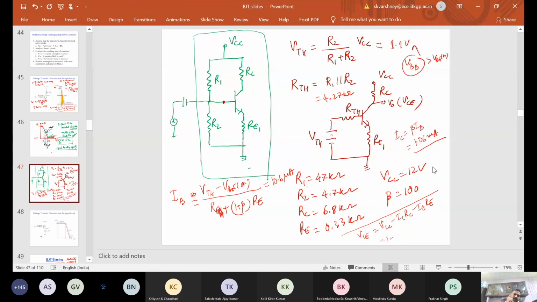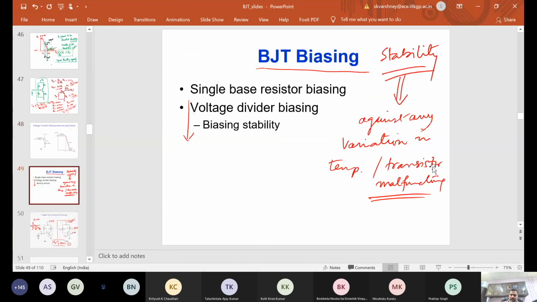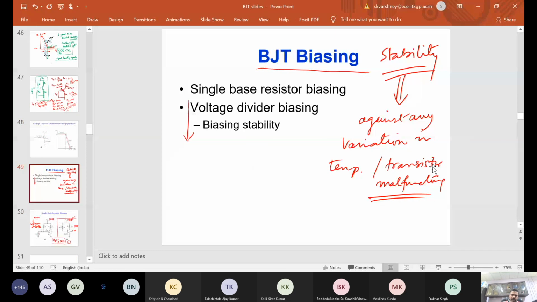So why did we go for this one, R1 and R2? I'm going to continue tomorrow, and we'll also do a numerical exercise on this. I think I've done 2 or 3 numerical exercises, so basically it remains the same. The circuit parameters might be different, but basically we are going to understand why we go for voltage divider biasing. I just gave you a circuit you've done already. So why did we go for voltage divider? Why couldn't we use a single base resistor like we started with in the example? I think that will start tomorrow. If you have any other questions, can